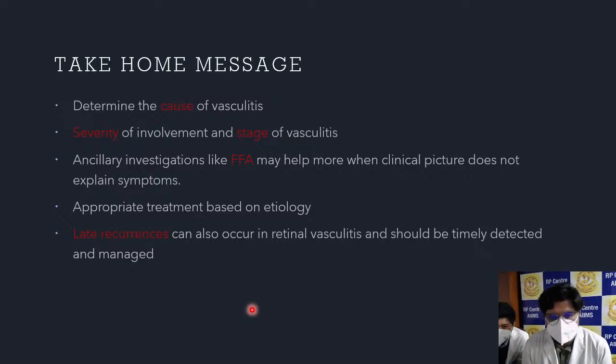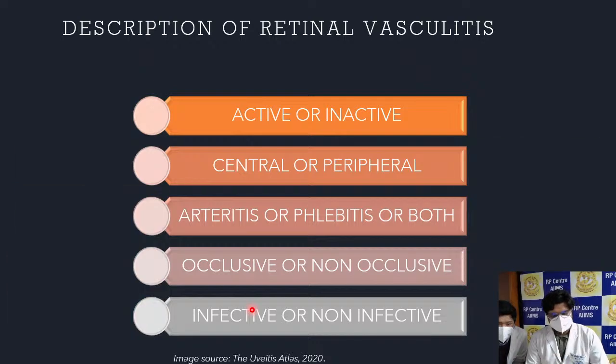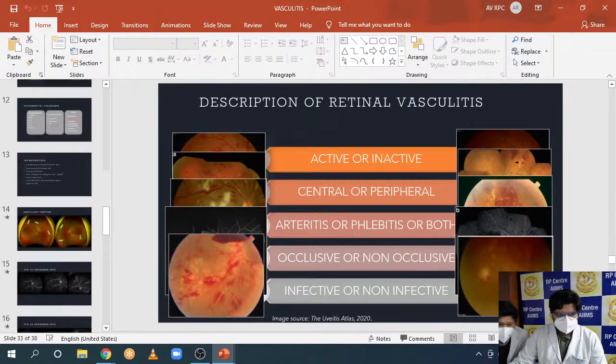Okay, so first of all, you can decide the management in most cases based on the clinical picture. And yes, angiography can be done to look for neovascularization and capillary non-perfusion and all those things. But sometimes when the patient is definitely telling you that there are symptoms, like our patient was saying that there are floaters, yet the vision was good, then it might be a good idea to take help of these ancillary investigations, even if it might be a little extra. And like in our patient, the main thing was the right eye. If you would have seen the 2021 images, there is a diffuse leakage in the small vessels.